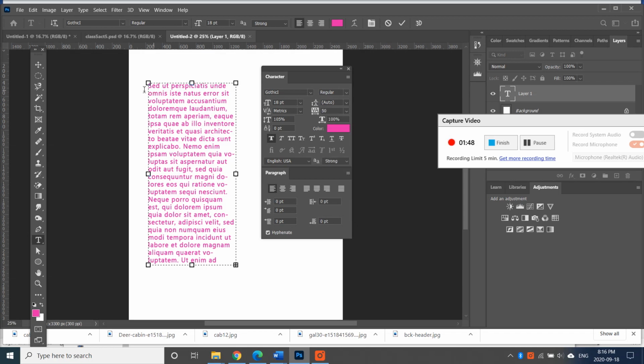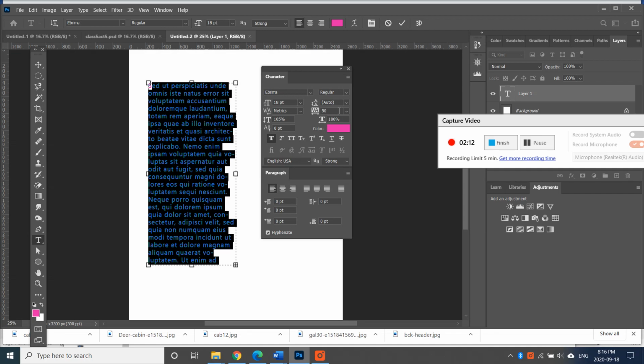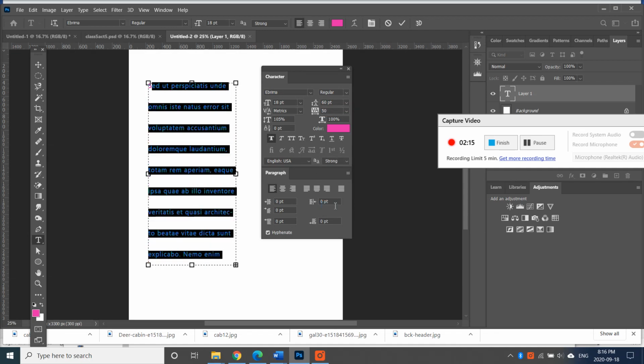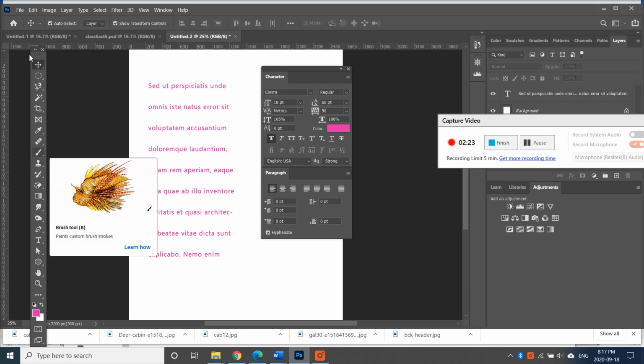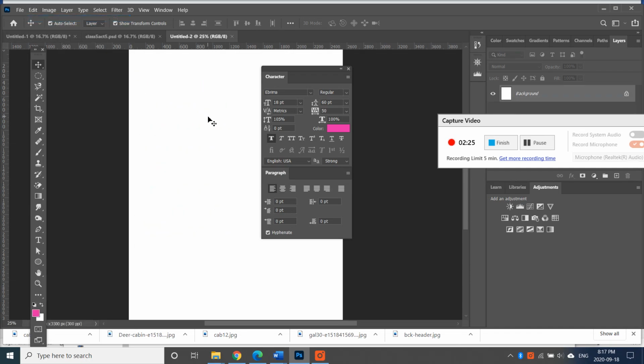Leading is the space between each line of text. Okay, so this space right here. You can change it. If I change it to something very big, it's at 18 points. The font size is at 18 points, so if you set it at auto, it should be around 18 points as well. But if I make it something really big, like 60 points, first I have to select it. Okay, then if I go here to 60 points, then you can see that the space between each line of text has increased. Okay, so let me go edit, undo,